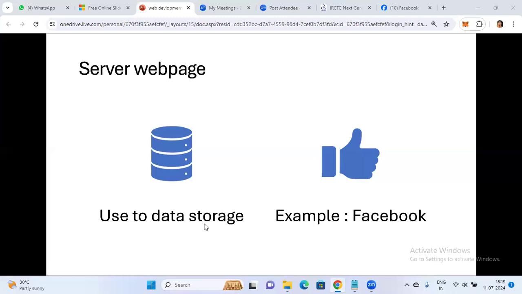Come on, at least respond to my question. I'm just asking. This much of explanation I have given, no? So now you guys tell me what is static, what is dynamic, and what is server based. Please text in the chat. I'm just waiting for your answers.